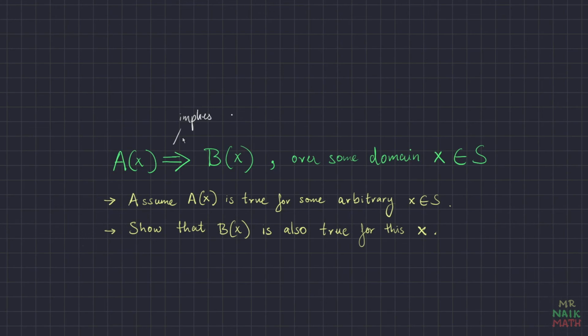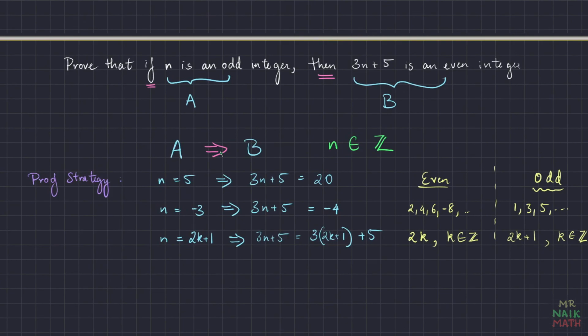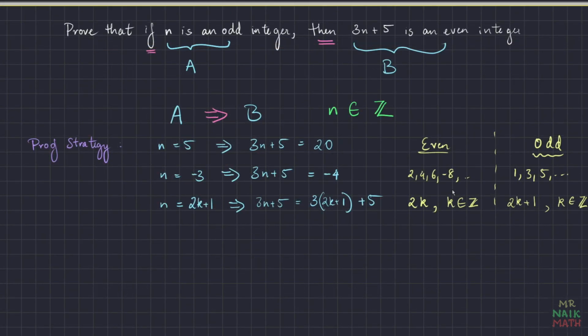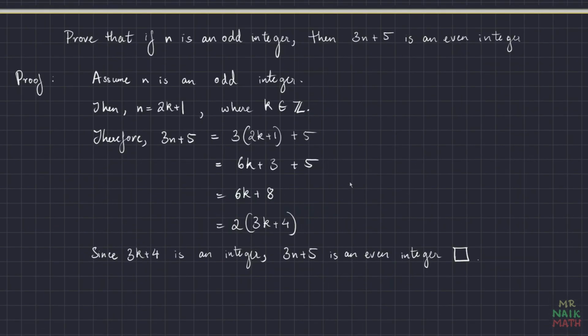So let's summarize this procedure. For any direct proof, we assume that A is true and then show that B also must be true. In our example, we first identified what A is, what B is, and what is being implied. Next, we came up with a proof strategy. Notice that only when we had a solid game plan did we actually begin to write the proof. This is something you should try to follow while writing proofs as well. Never start to write a proof without knowing what you're going to write.